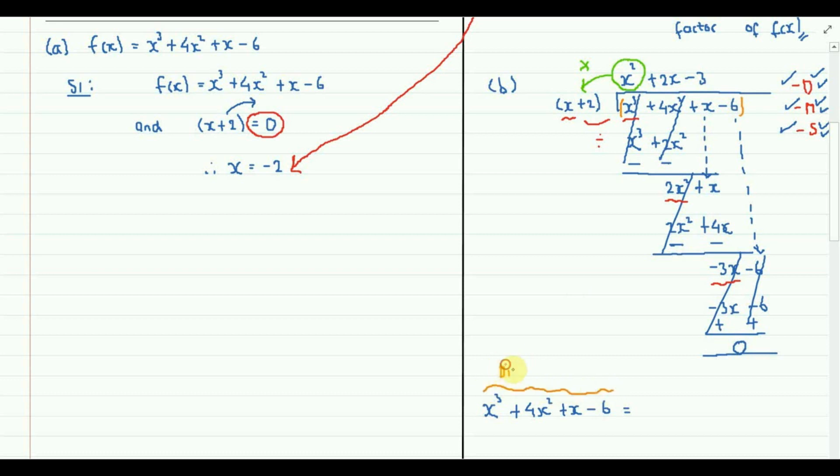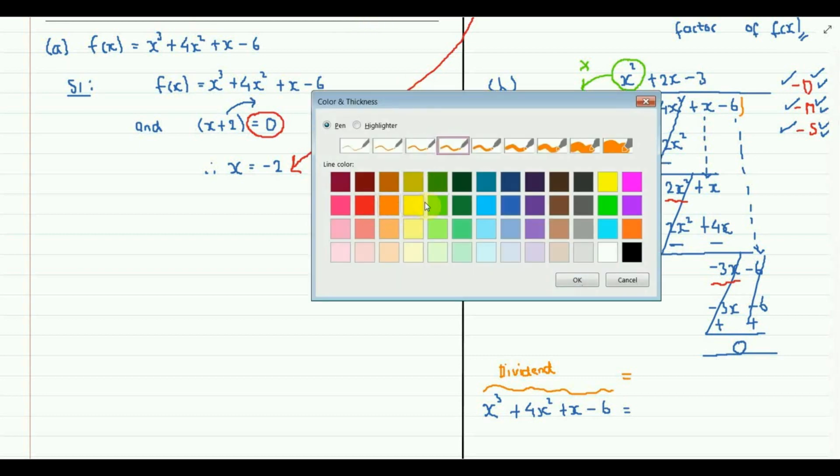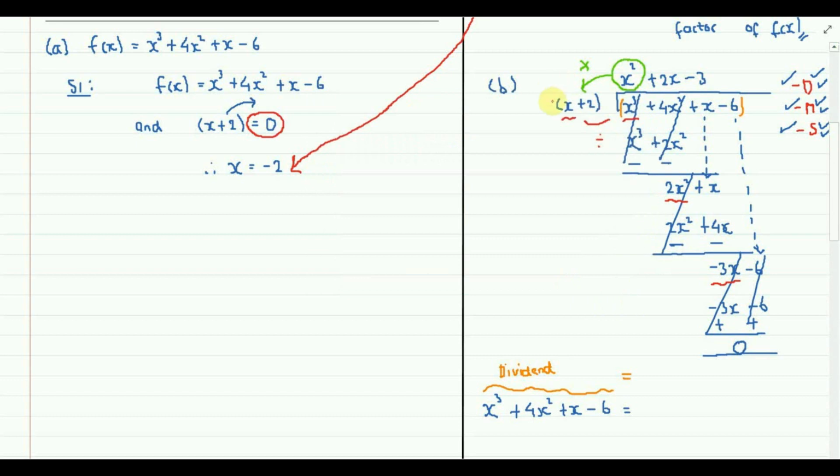So let me write down the word, dividend. And that dividend is always equal to the divisor. So if I take a different coloured pen, let's take this pink colour, the divisor is what you're dividing by. So that is equal to the divisor, and if I go back to my favourite colour blue, the divisor, as you can see, is x plus 2